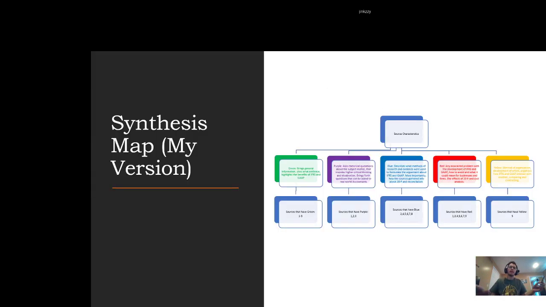And this is the census map. This is kind of my version of it. I used my Cornell notes to divide it into colors. Basically, I took characteristics that all of those sources showed, and what one source in particular showed, and made a short definition of what those characteristics were and which sources had that kind of information or trait, and I put it under that.